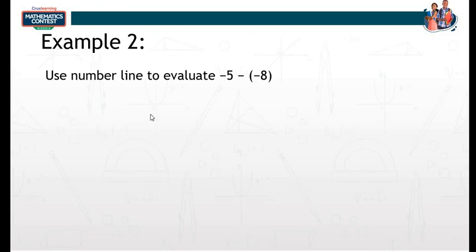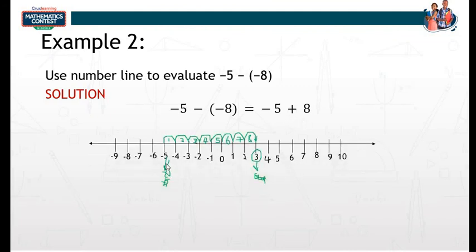Okay, the second one we have is minus 5 minus minus 8. The same thing I did. Okay, I'm now having minus 5 plus 8. So I'm going to start from minus 5 and move 8 places towards the positive direction, and I will finish on 3. And my answer becomes 3. If you have questions, you can ask. Drop it on the comment box and I'll look at it, attend to it, okay? Alright, so